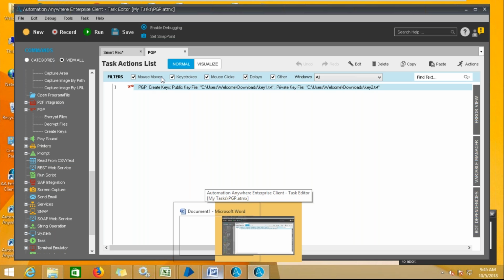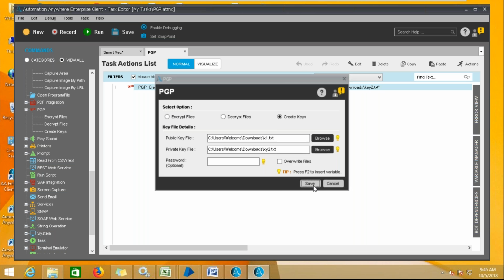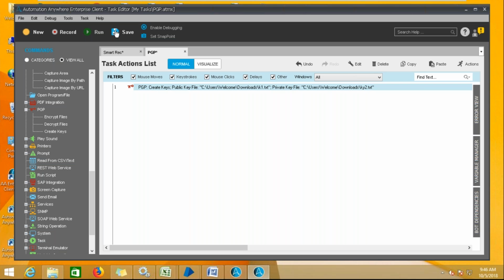Okay. So go and double click on the PGP. Suddenly the system is a little slow. Yeah, click on PGP, and in the PGP file I will change the name. So I'll put K1, ideally this should not be there, and K2. Save, and then run it. Let's see, run it.